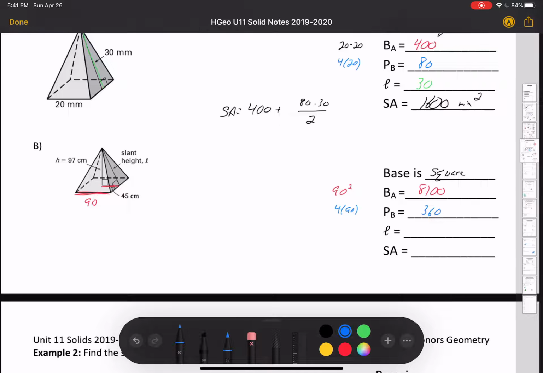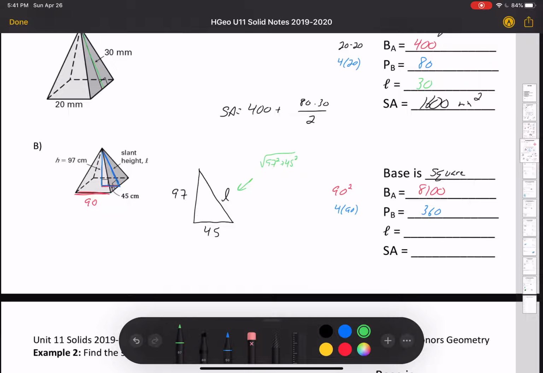Now, we don't know the slant height. What we're going to be needing to do in these problems is set up that triangle where the height is 97, the base is 45, and the hypotenuse represents my slant height. I hope you can see that triangle in here. Height over to the midpoint of the side, and then the height of that triangle is actually the slant height, which is the hypotenuse. So when we do Pythagorean theorem there, this is going to be the square root of 97 squared plus 45 squared,